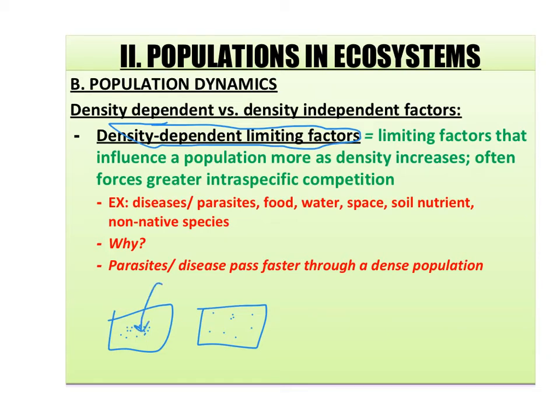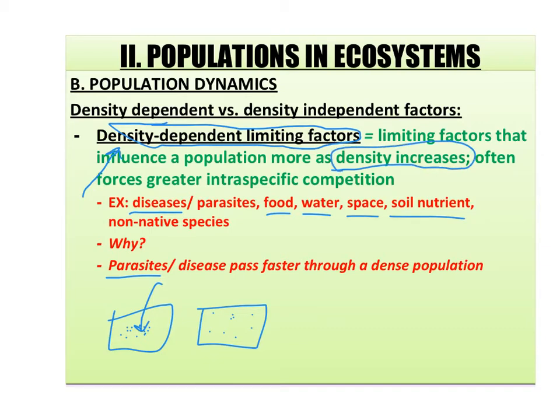And those are things especially like disease, because we've all seen it, if somebody gets the flu in one of the class, pretty much then it spreads like wildfire, everybody gets the flu. That's a density dependent limiting factor. Parasites. If you're close to somebody and he has fleas, one of those fleas might jump on you and now you have fleas. Food, if you're compact together, you might run out of food. Water, space, soil nutrients. These are limiting factors that impact populations more if they're close together, if their population density